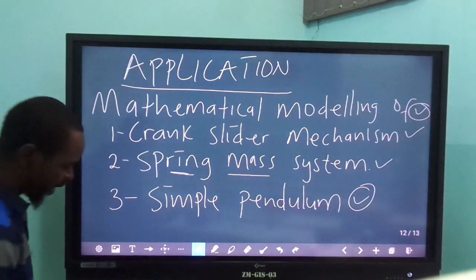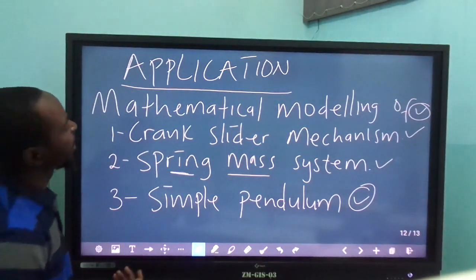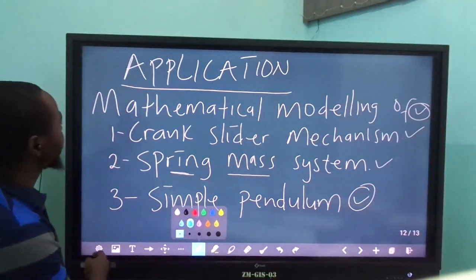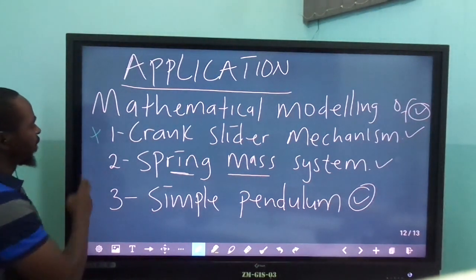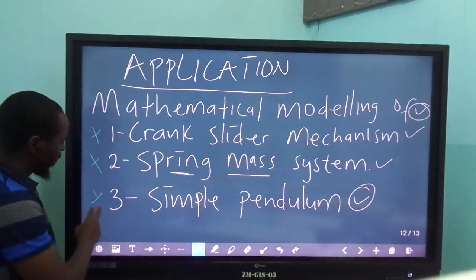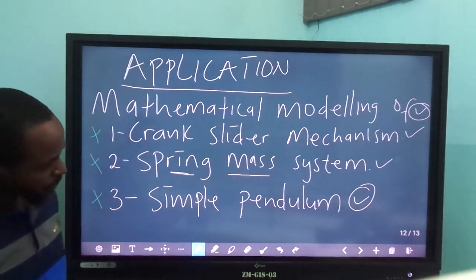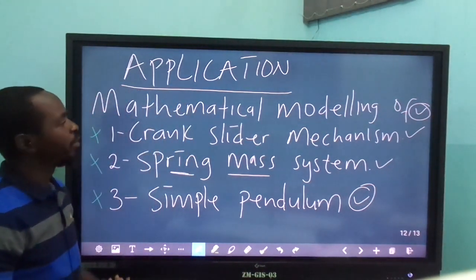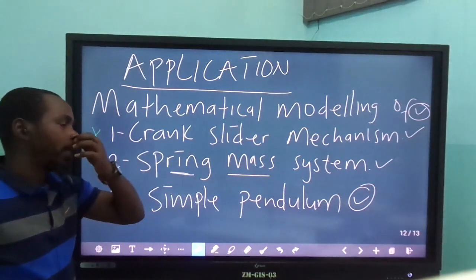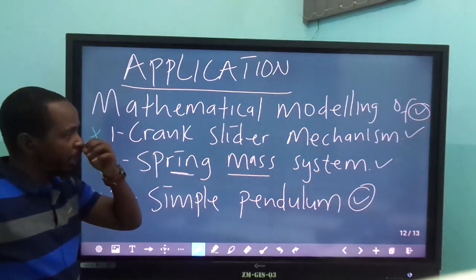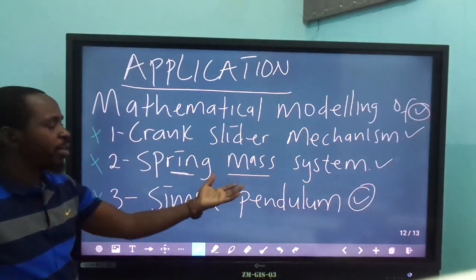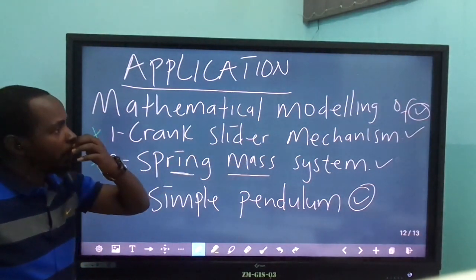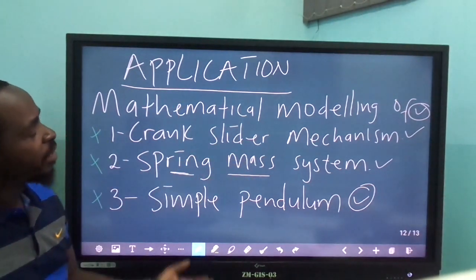So in our coverage, in terms of mathematical modeling and doing some mathematics, we are going to consider these three systems: a crank slider, a spring-mass system, and a simple pendulum. So, having considered these issues, we have come to the end of this lecture. So, go through this lecture and take time, especially on the two conditions which must be satisfied for a periodic motion to qualify as simple harmonic, and also the description of the simple